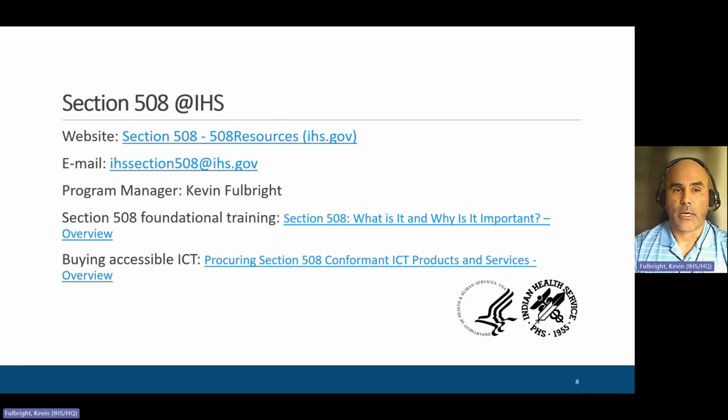The Section 508 SharePoint, that first link, is an internal site that has a lot of helpful how-to checklists and guides and videos with common applications and tools that you'll use daily, such as Microsoft Word, Adobe Acrobat Professional, and the other Office 365 applications. There's information there on helping you be compliant and accessible.